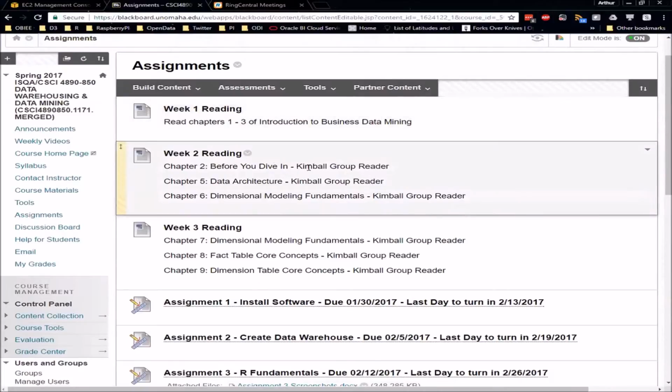Reading for this week, really digging into the Kimball material, is going to give us the foundation we need to understand data warehousing. There's a lot of meat here. This is maybe a little bit more reading, but still not too hard. I don't expect you to read all of this, and I'm not going to quiz you on it. What I want you to do is understand the concepts behind why data warehousing is